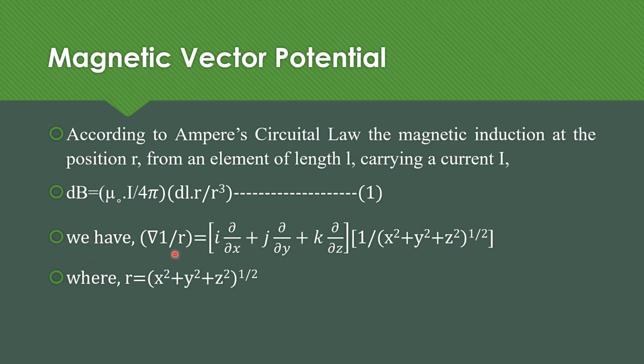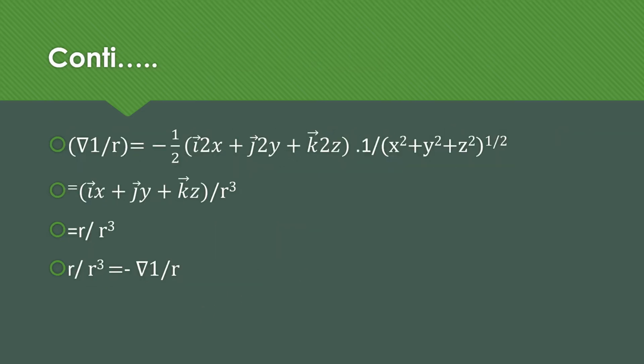We have del of 1 by R is equal to i del/del x plus j del/del y plus k del/del z into 1 by (x square plus y square plus z square) to the power 1 by 2. And this we know very well from mathematics: R is equal to (x square plus y square plus z square) to the power 1 by 2. So this del of 1 by R